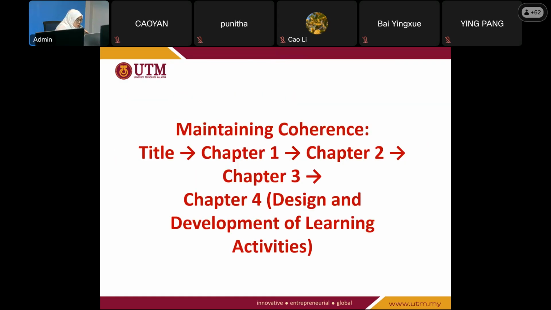Okay, so next is chapter 4. Usually, because I am from the education technology department, the majority of EduTech students, or even those from science, chemistry, and physics, have a chapter 4 which is about developing something: developing a module, a website, VR, augmented reality, or an instrument. My students in my department usually have this chapter 4,